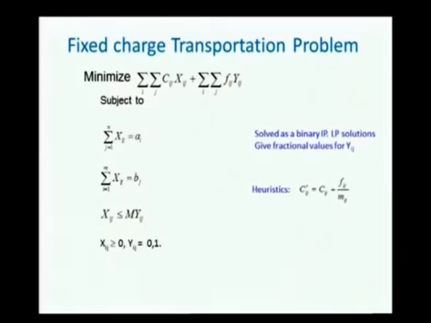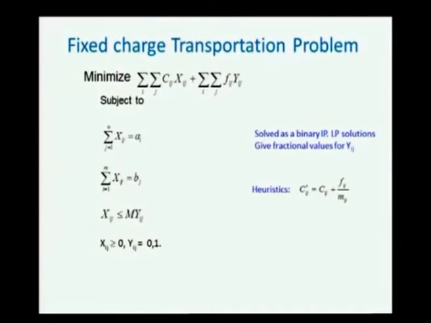In this lecture we see the fixed charge transportation problem. We have already seen this formulation of the fixed charge problem in a previous lecture, where I explained that this problem becomes significant when there is a fixed charge of transporting from a given source to a given destination. We have also seen that the toll that is paid while moving items from i to j could represent the fixed charge between i and j.